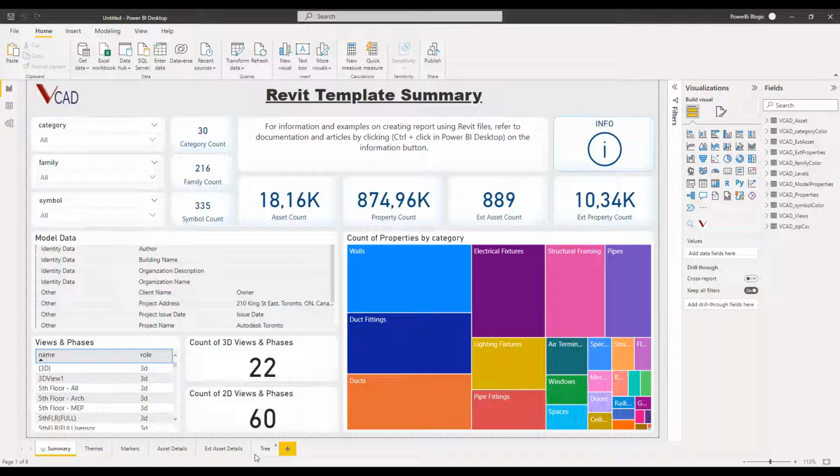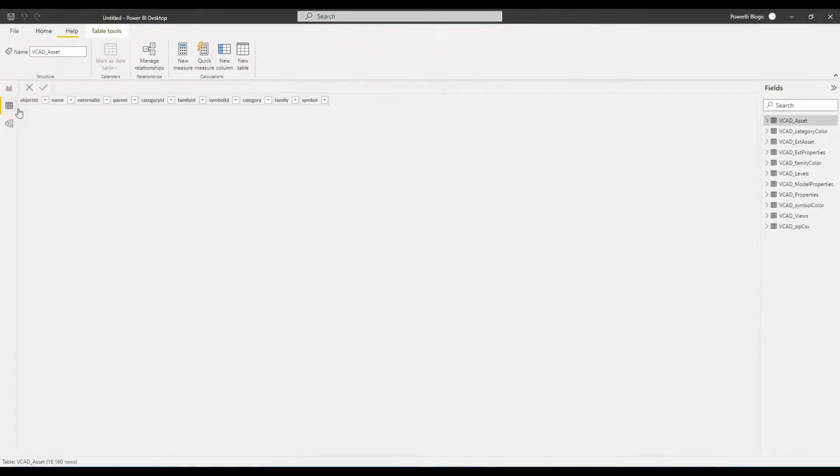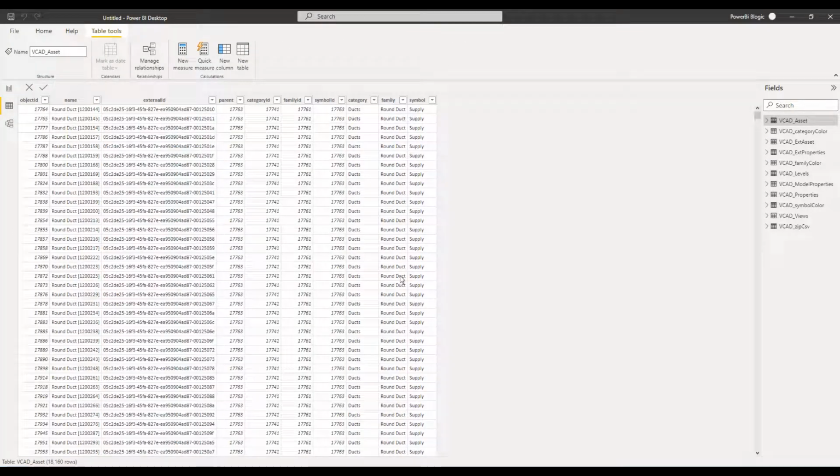Now, before we can start the actual report creation, we need to have a look at the transformation of the data. Specifically, we're going to be looking at the properties table, and I'll show you in a second. So here we have our assets table. As always with Vcad, we have a list of all of the objects inside of our model. And if we have a look at the Vcad properties table,